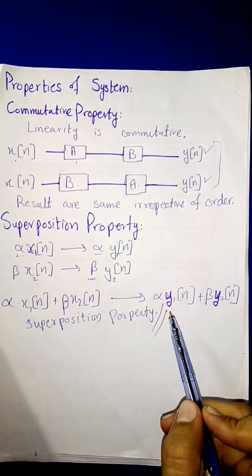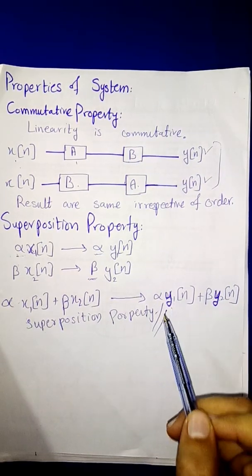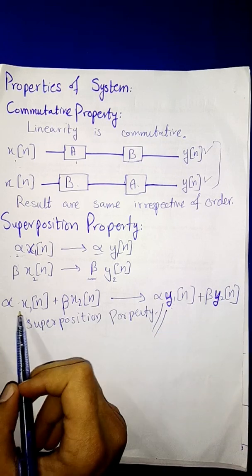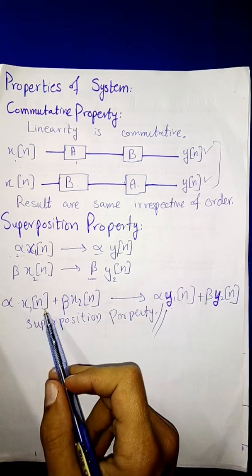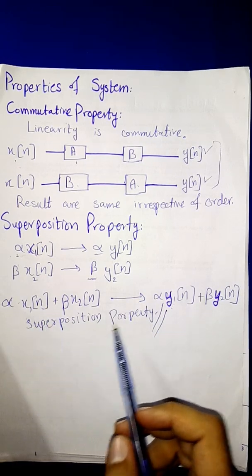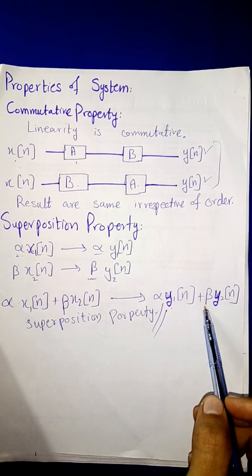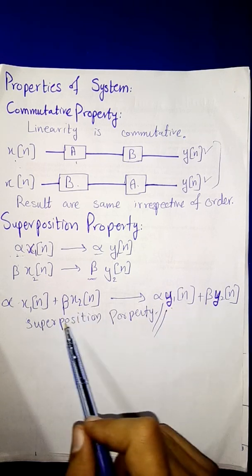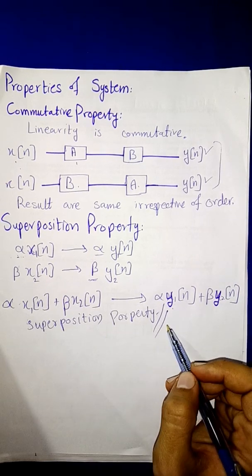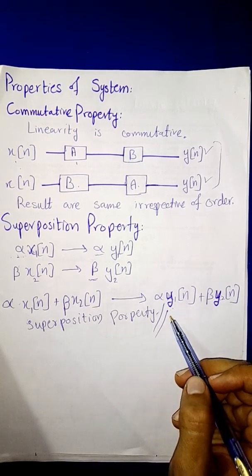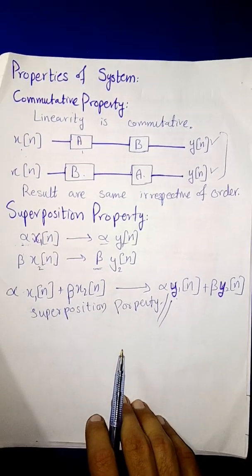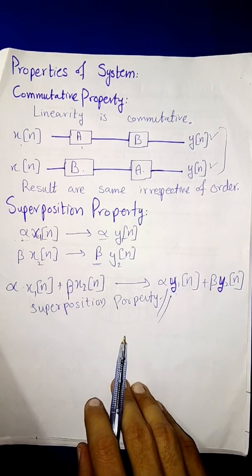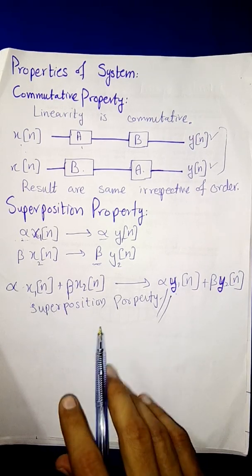So if on the output side, if we get y1 of n with the same increment as x1 of n had, that means that they have superimposed perfectly. Similarly with x2 of n, so this is the superposition. Sorry for writing x1 of n, that was by mistake. So now the next thing that we will learn is